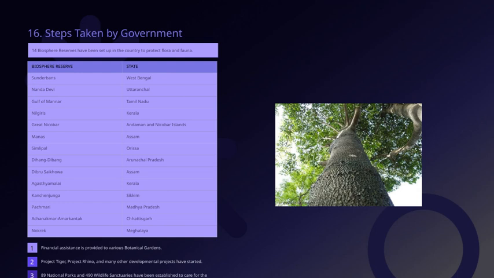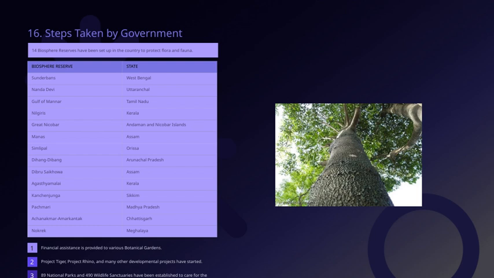As you can see, these reserves are spread throughout the country, each representing unique ecosystems and rich biodiversity. For example, the Sundarbans in West Bengal is famous for its mangrove forests and tiger population. Nanda Devi in Uttaranchal protects the Himalayan wilderness, while the Gulf of Mannar in Tamil Nadu is known for its